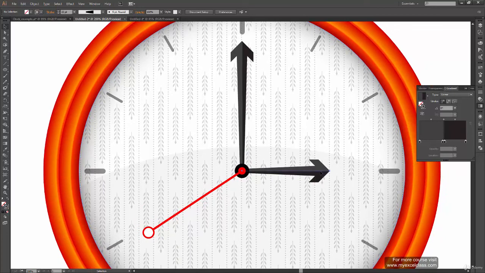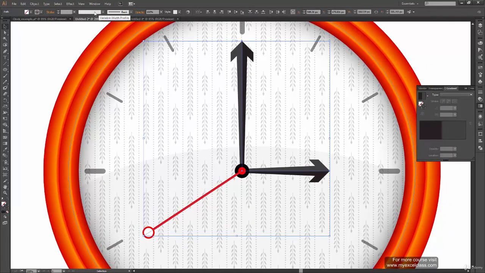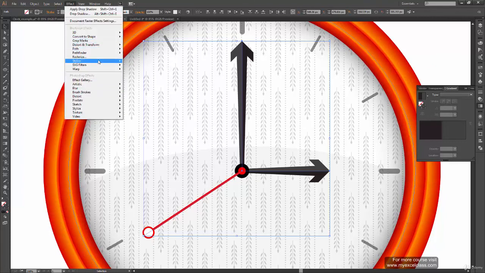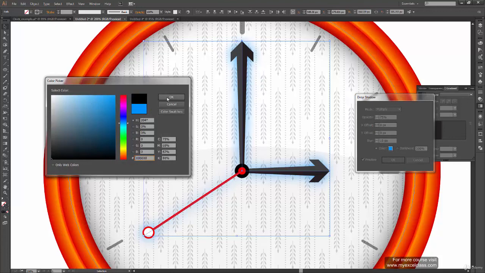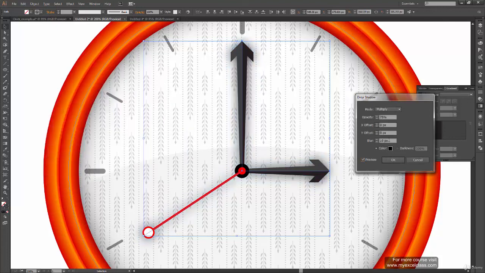Okay, now let's select all these three paths and these three hands and go to Effect, Stylize, Drop Shadow. You can click on preview to see how your drop shadow will work, and you can see here it has taken our last time's values, and I might want to change it a lot.